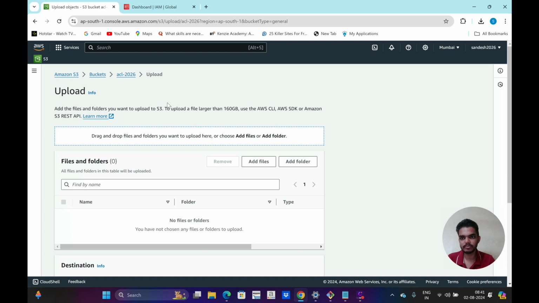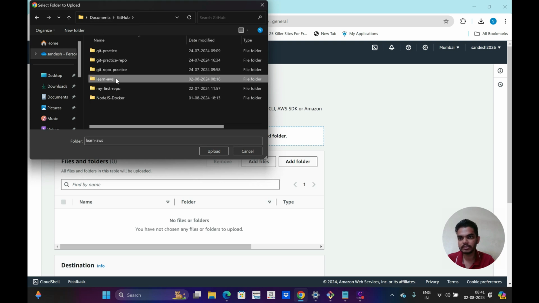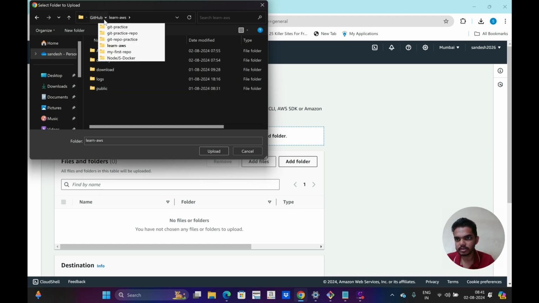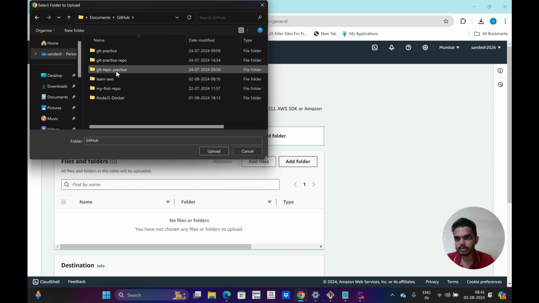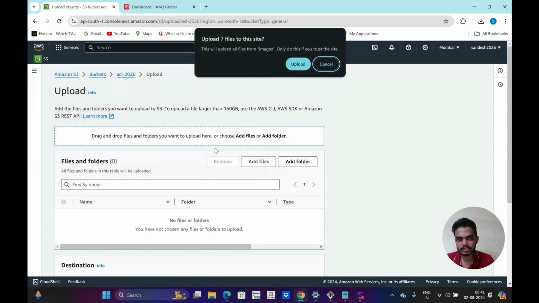So I'm going to upload some folder for this particular bucket now. I can go to my learn AWS folder, and I want to upload some images, files, and other things. So the images folder is not there here. If I go here and choose Node.js Docker, I think the images folder is there. If I upload that,